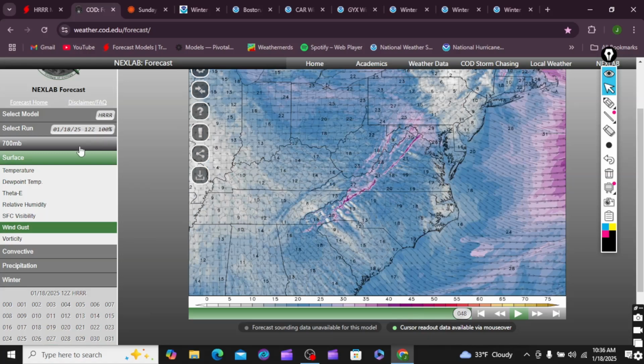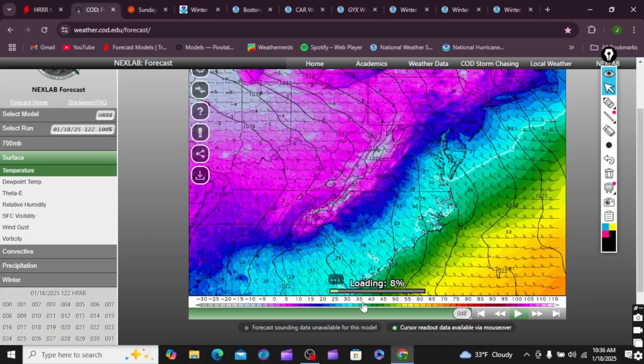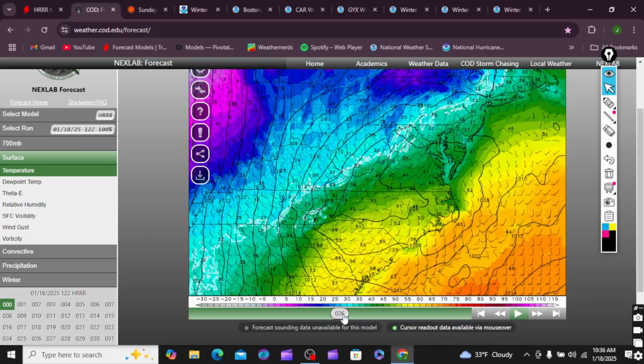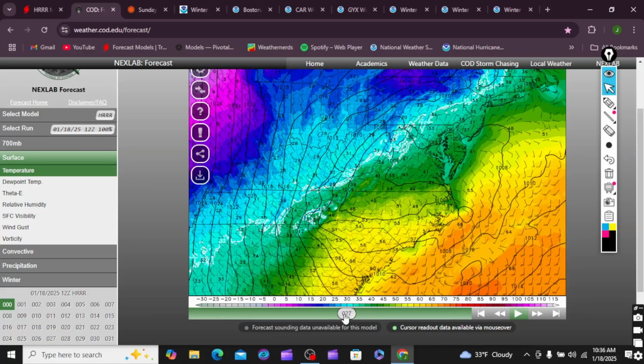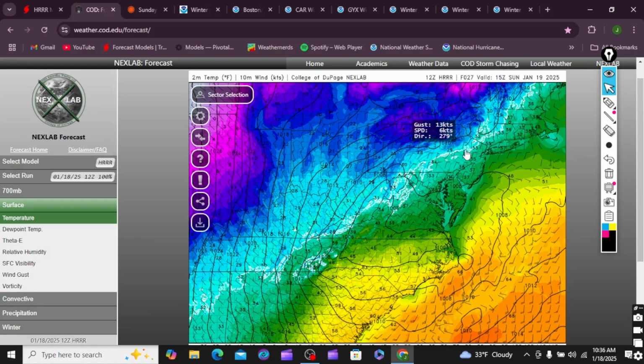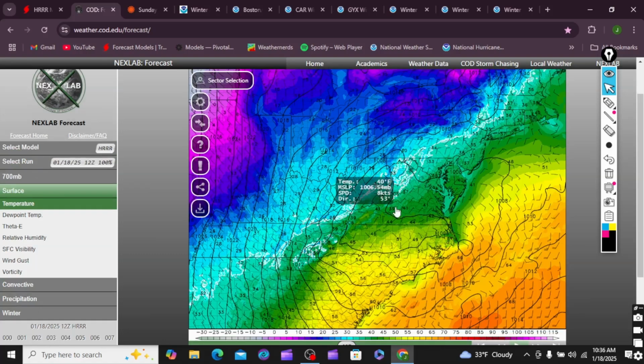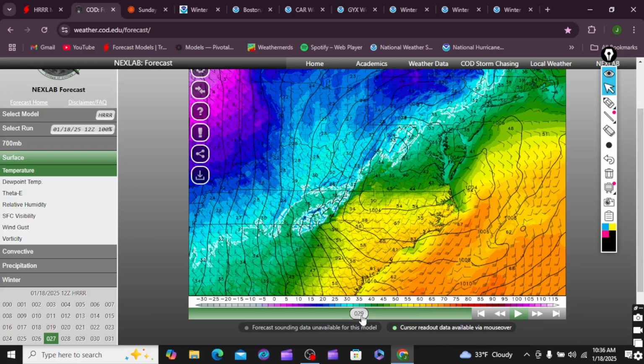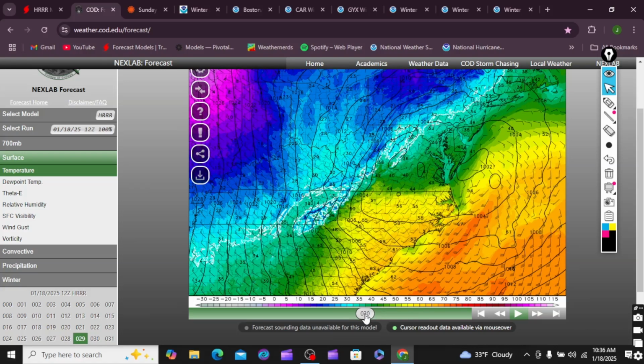Okay? Temperatures forecast here. Once again, this is about the start of the storm. You're hovering around 30, 32 degrees. But this is at 11 o'clock, continues 12 o'clock, starting. And when that snow starts, it's going to drop even faster. This is about 1, 2,